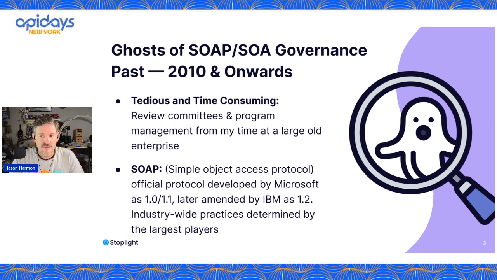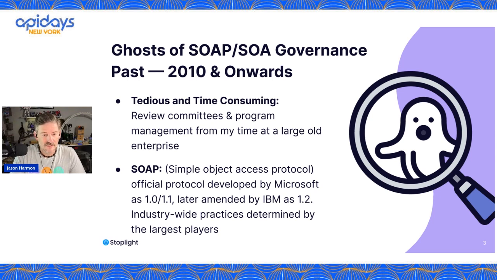But what I found was that there was a power structure in place. So I had to go through, and for those of you who've been at this large company, you'll know who I'm talking about, I had to go to the big dog program management team to make sure that they were advocating for me to get on the schedule for the governance committee who would decide whether or not my API was good enough. And I think in some ways, when I look back, it's reflective of the culture of this at the time,